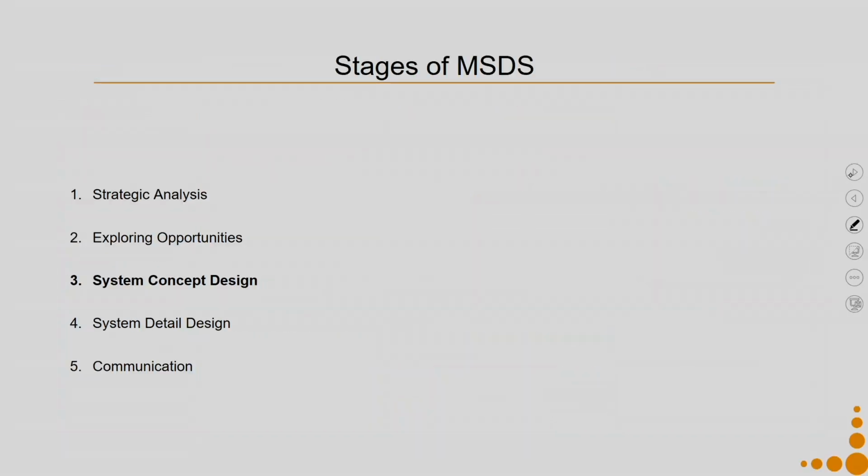Next comes system concept design. So, till now we were doing exploration of opportunities. What we generated was lots of opportunities, lots of polarity diagrams, lots of offering diagrams. Now, at this particular phase, the system concept design phase, we will select the most prospective directions and start with the entire concepts, entire systems design.